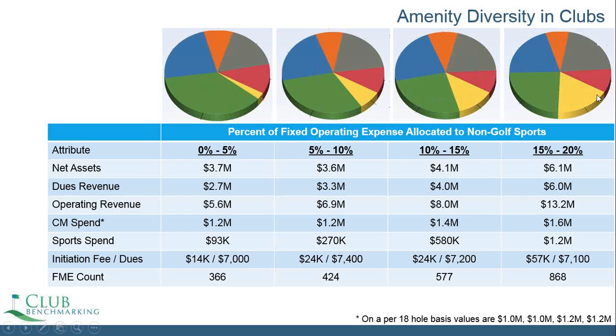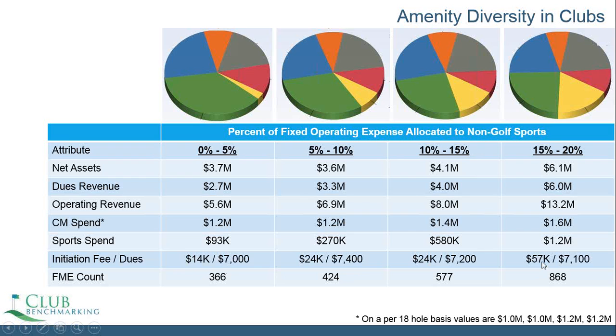And clearly, these slides show clubs of varying degrees of how much are we just a golf club? I should say only a golf club, because there are a lot of great, beautiful golf-only clubs. And how much are we a big, wide, diverse country club, where we almost are 50-50 between those two big amenity sets. And if we just look down at the lower level here, initiation fee and dues, initiation fee 14,000,